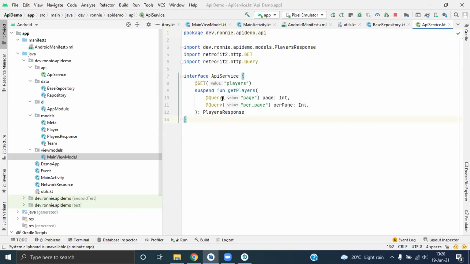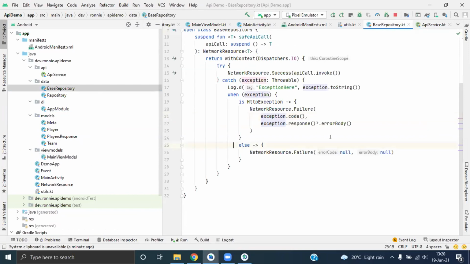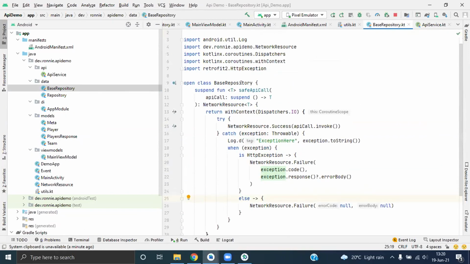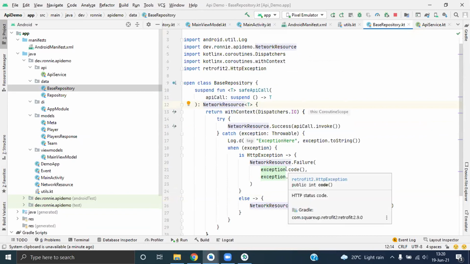Okay, the reason why I've used a base repository is because this function here will be called in every other repository. You can have more than one repository in your app, so there's no need for you to keep writing all this in your repository. You can write it once and just extend it. That's the good thing with object-oriented programming.